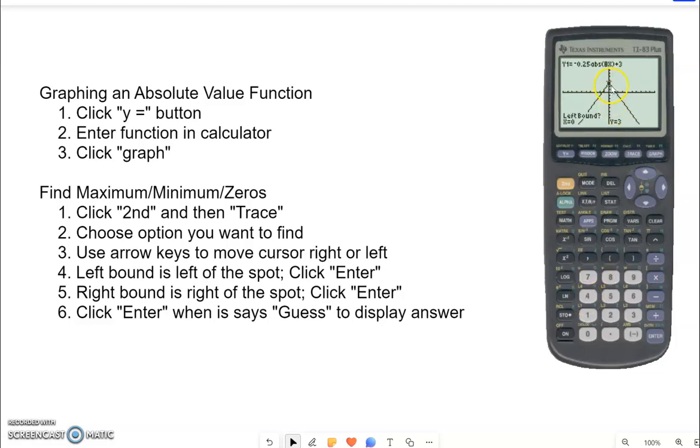And so now you can see where it's actually identifying the vertex for me. So to do this, like say if it didn't do that for you, I want to go left bound, so left of that point, hit enter. Right bound means go to the right of that. Hit enter, guess, hit enter a third time, and it will tell us that the